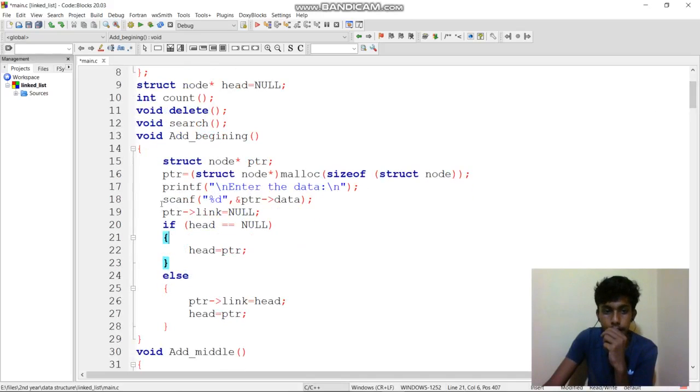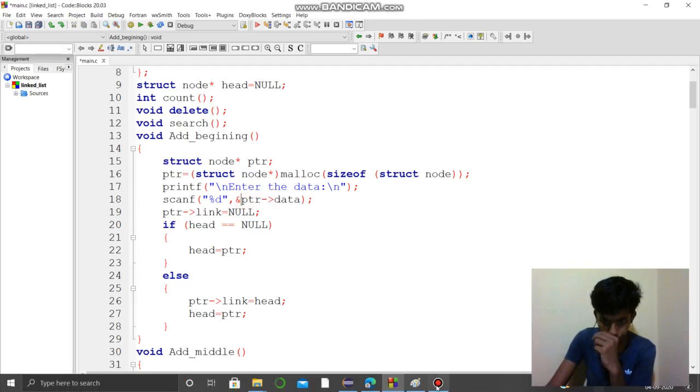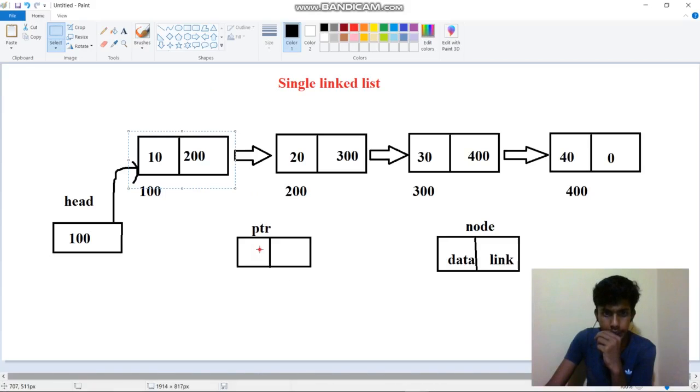So you are giving our data, using printf and scanf. We are using a pointer, the arrow symbol, with ptr for accessing data and link part.